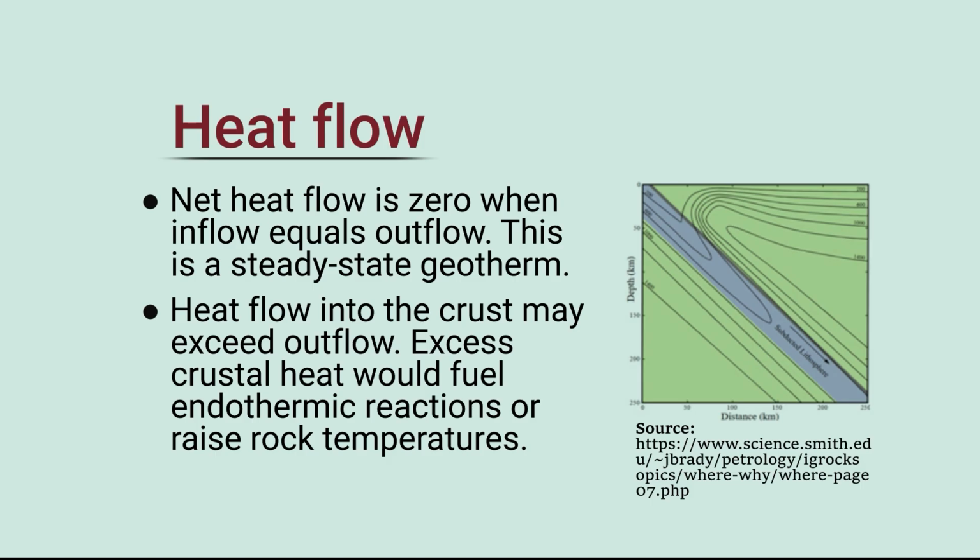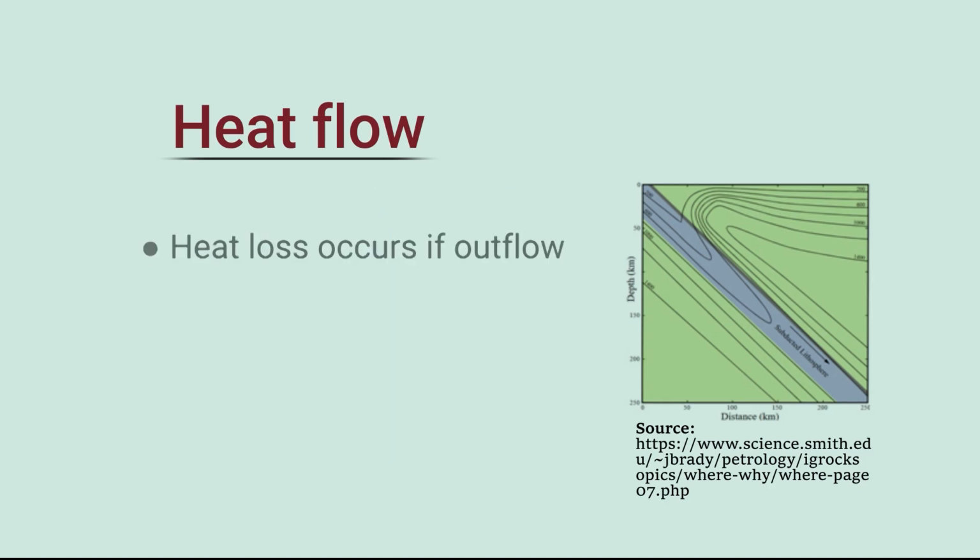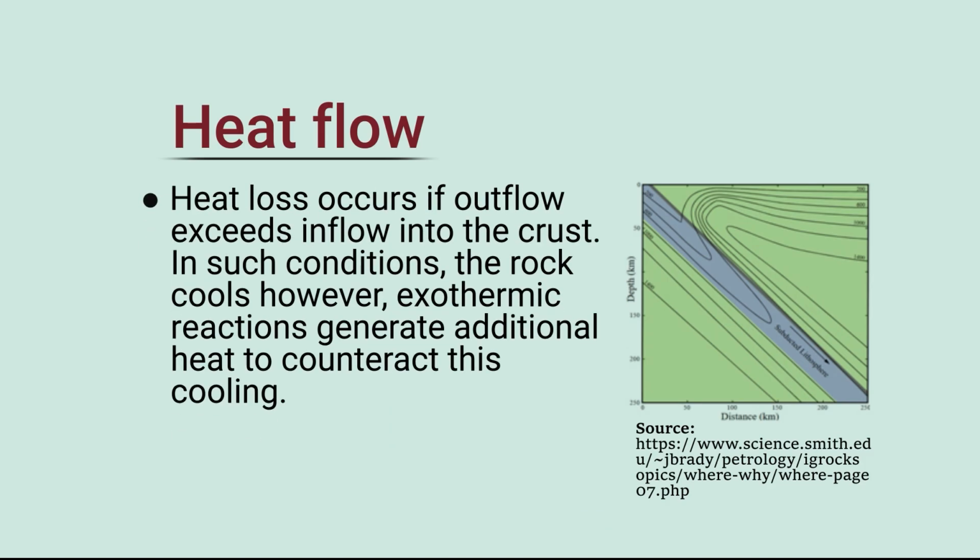Now, what is net heat flow when it is zero? When inflow equals outflow. This is where it is a steady state geotherm. It can exceed or it can be less. If it exceeds the outflow, then excess crustal heat would fuel endothermic reactions or raise rock temperature. And if heat loss occurs, if the outflow exceeds the inflow into the crust, in such cases, because of heat loss, rocks can cool. And if the rocks cool, there can also be exothermic reactions which can generate additional heat